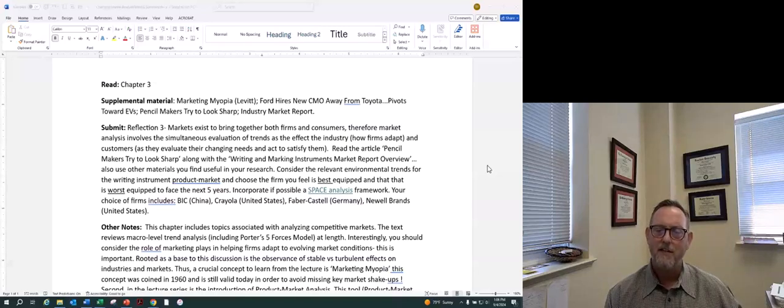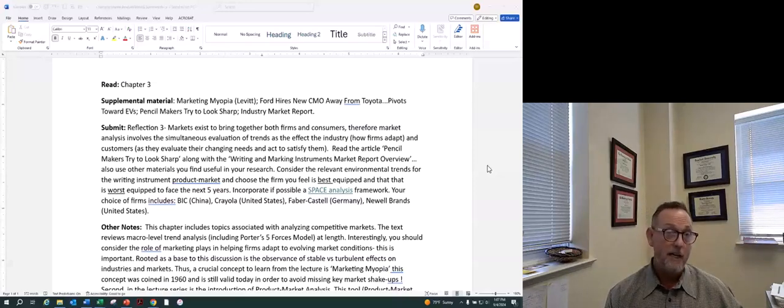So again, the key here is to think about which companies are best poised for change in general, and which ones aren't. And just think about the stability versus the turbulence that might exist in a marketplace or in an industry there. If you can, it's helpful to incorporate space analysis in some of this work to see if you can apply that. Now, it isn't going to be perfect and it's not going to be complete, but I want you to at least think through processes on how you would manage in a lot of these reflections.